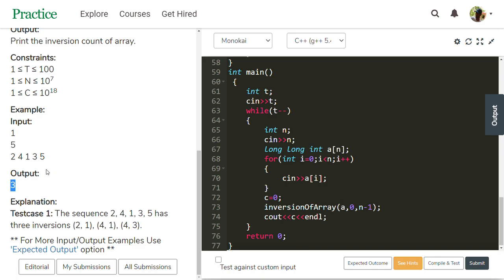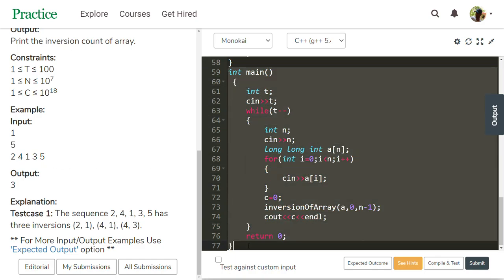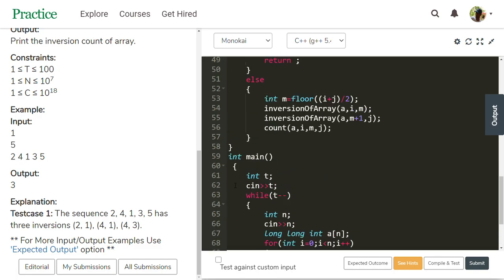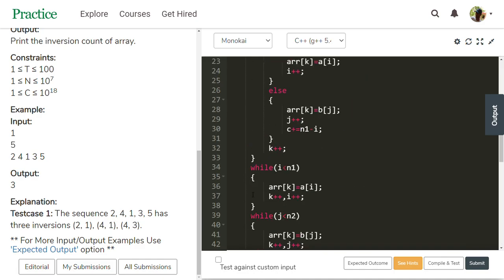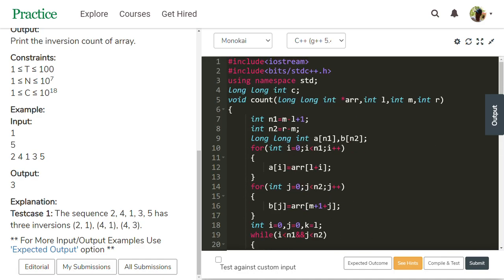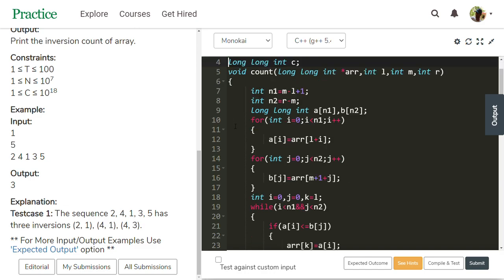To solve this task, it is good to use merge sort. This entire code is merge sort, but I am using one variable c equal to 0. I declared it globally, so this is a global declaration.